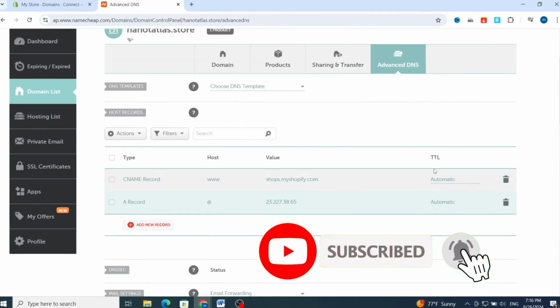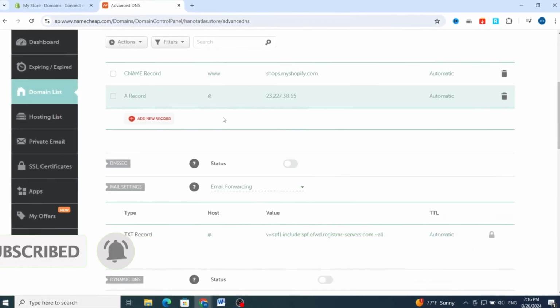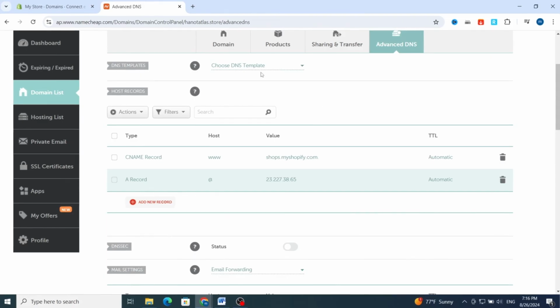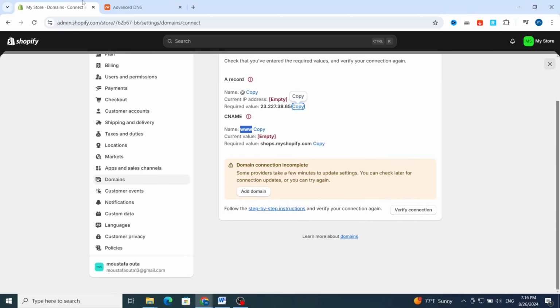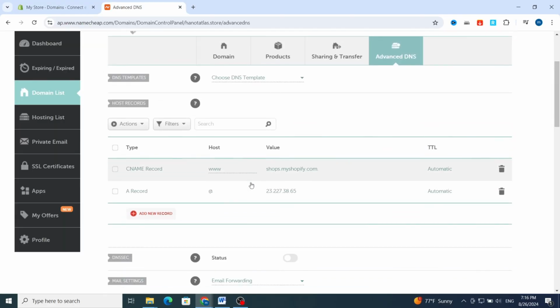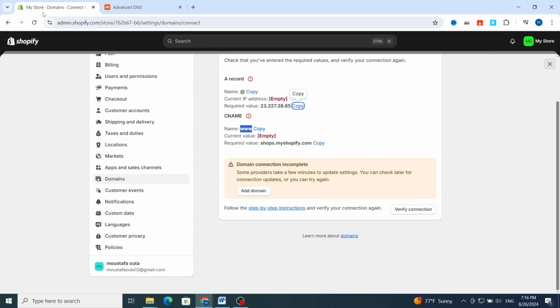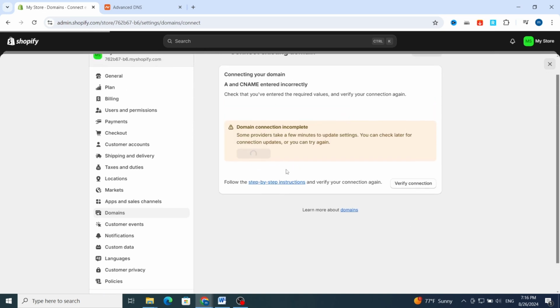After adding this information, to activate your domain on your Shopify store it may take maybe 24 hours. As you see guys, after adding this information, go to your Shopify store and verify connection. As you see guys,